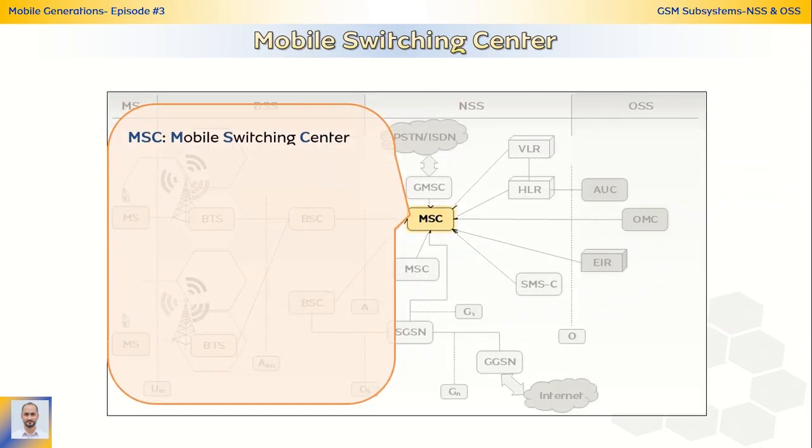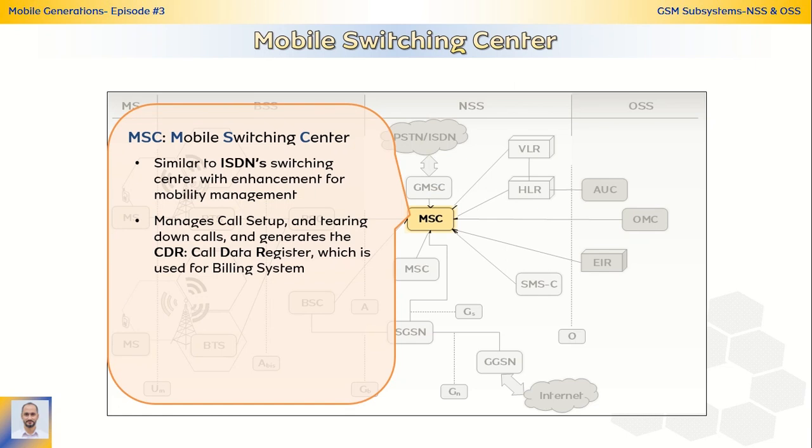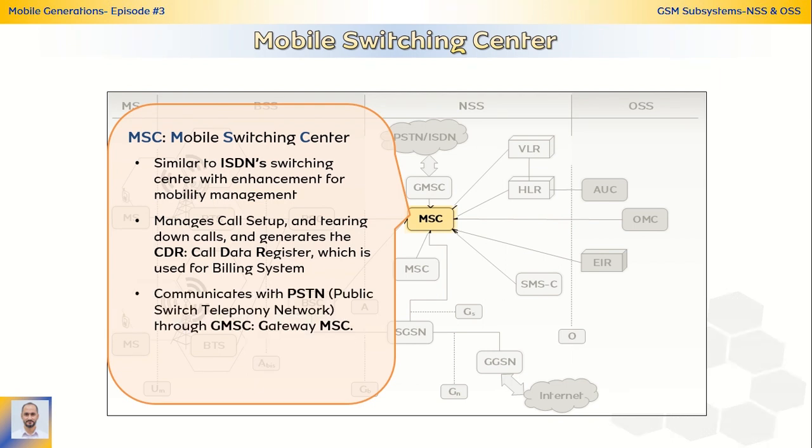The Mobile Switching Center, similar to ISDN Switching Center with enhancement for mobility management, manages call setup and tearing down calls and generates the CDR, Call Data Record, which is used for the billing system. It communicates with PSTN, Public Switched Telephone Network, through a gateway, a kind of MSC with capability to connect with the PSTN for the control plane, while there is a media gateway for the user plane. The MSC also communicates with most of the NSS and OSS elements in addition to PSCs responsible for